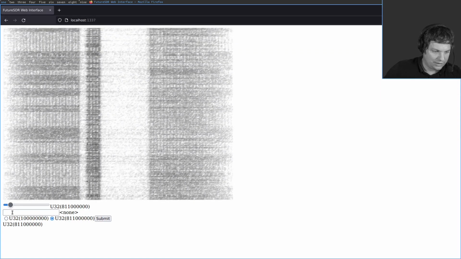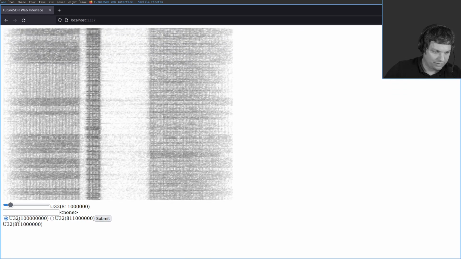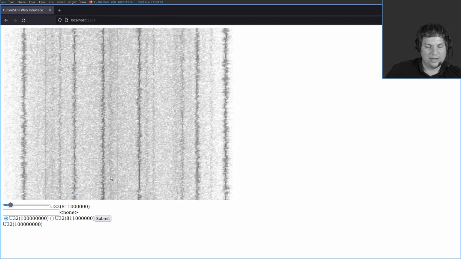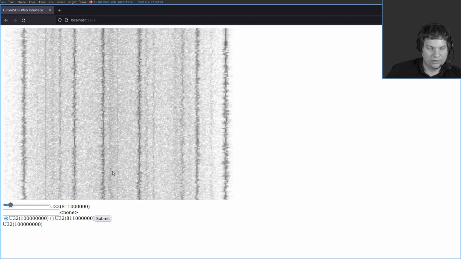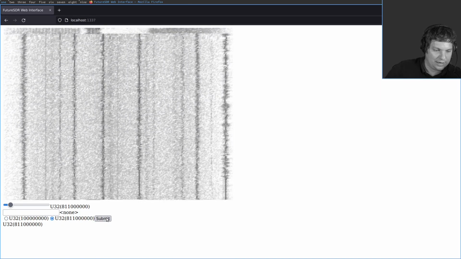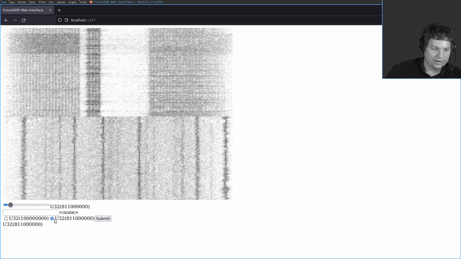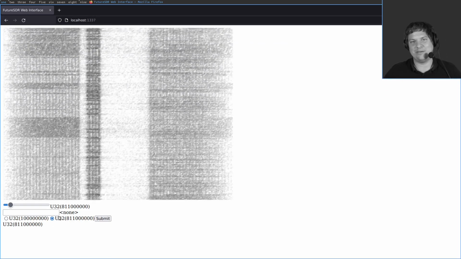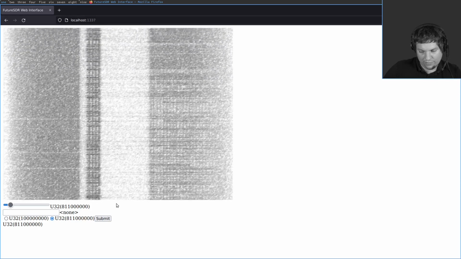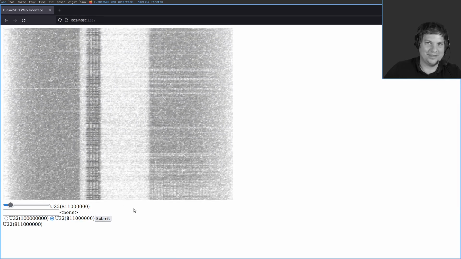For example, we have a radio button, so we can go, 811 we already are. We can go to 100 megahertz, submit. Now it's sent. It issued this POST request. It's tuned to 100 megahertz, so these are now FM stations probably, and we can go back, and then we are here again at 800 megahertz. So this is just a very, very simple demonstration of the GUI components that you can build.